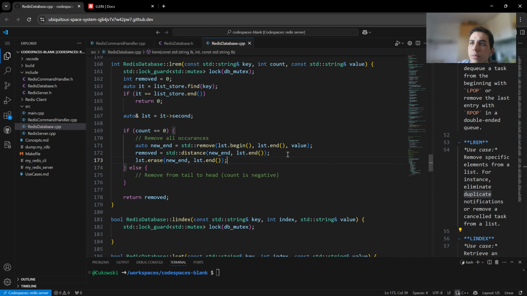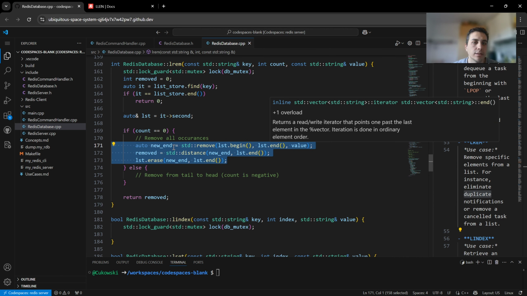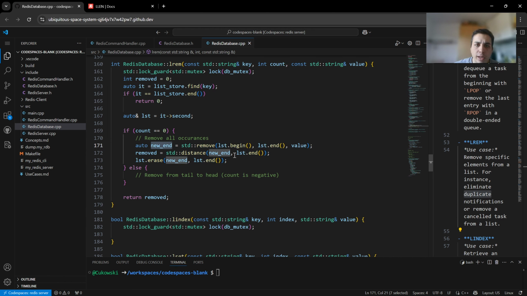So to explain, basically we are getting the new end we want to have, and we are just removing everything, and removed will be the count, because you know when we say remove,